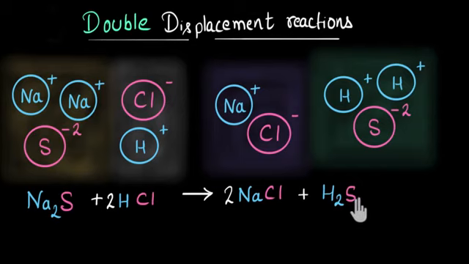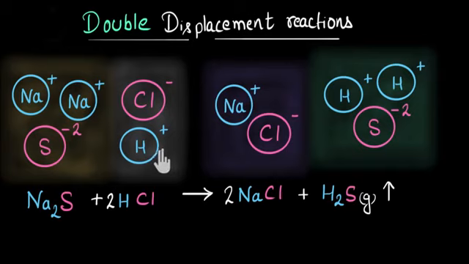See, hydrogen sulfide is a gas, and this cannot be present in a liquid. This will escape out of the liquid. What this means is, the moment hydrogen ions and sulfur ions come close together and combine, they will form hydrogen sulfide, which is a gas, and this gas will escape out of the solution. Now what this means is, as time passes, more and more hydrogen ions and sulfur ions are getting lost out of the solution. So we are no longer having sulfur ions in the solution. That means we can no longer form sodium sulfide.